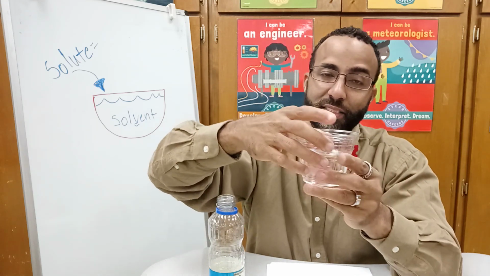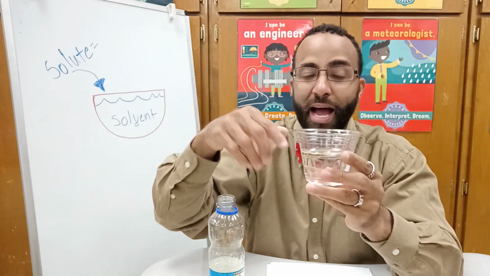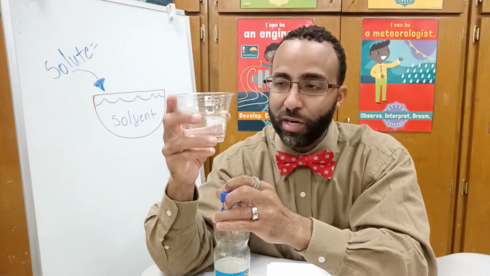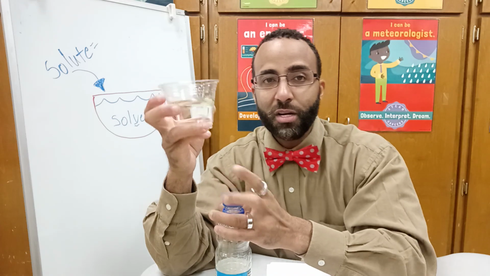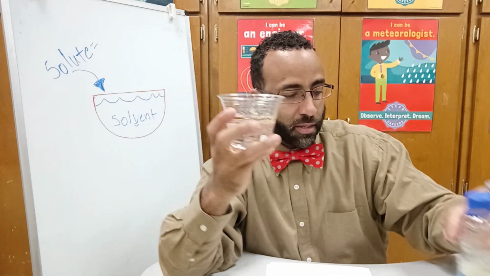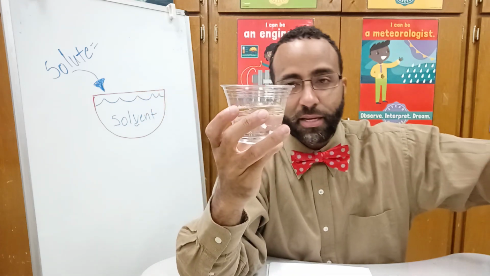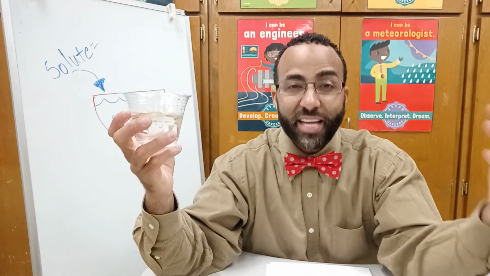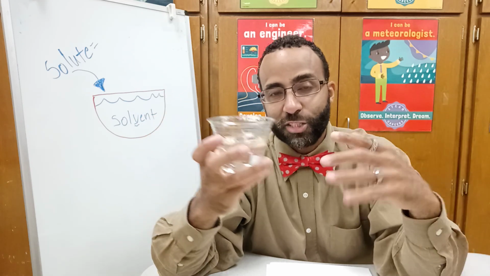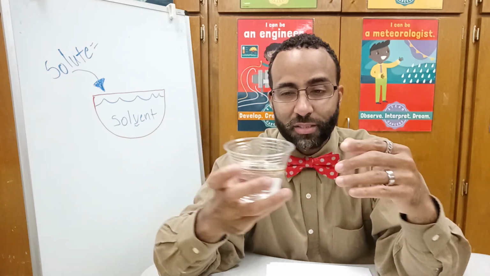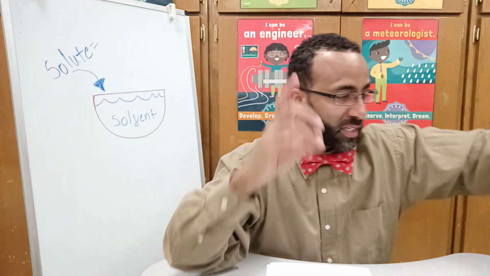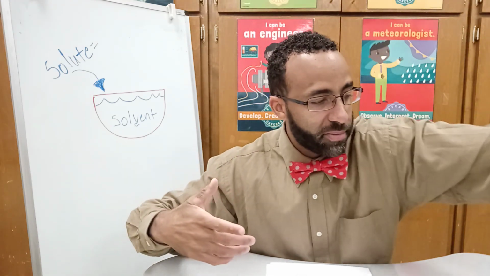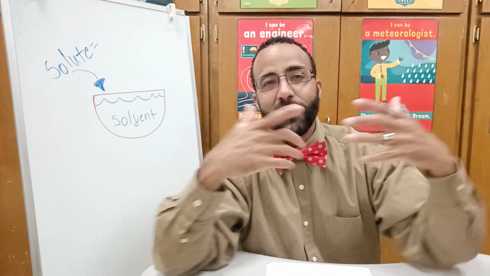Therefore, I could skim this off the top of the water because it's a mixture. Yes, this is actually the same science that we use whenever there's an oil spill. Whenever there's an oil spill, we have these boats that go and they skim the oil off the top of the water because, once again, understanding density helps us to separate those types of objects. Physical properties are so important because when we understand these physical properties, there's so much that we can do in